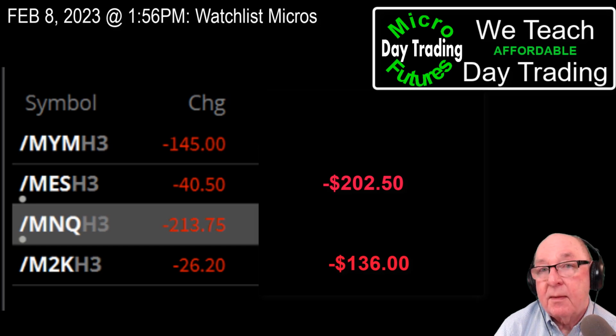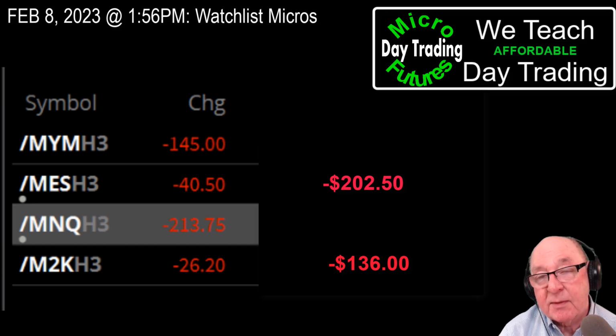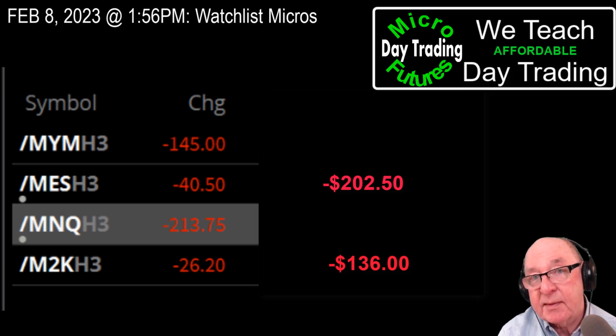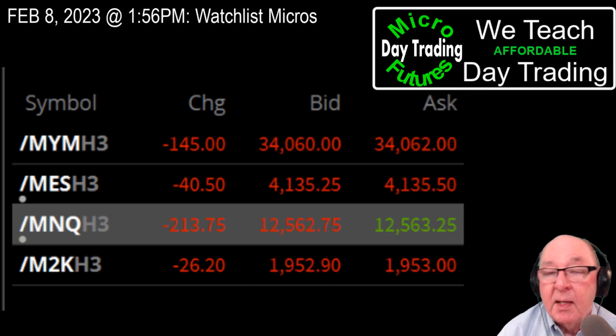Now, you can see the S&P is going down twice as fast as the Russell 2000. There may be a pairs trade there. How do you find out? You go to your pairs trade window and bring up the chart of those two Micro E-minis and see if you can find a tradable trend there. That's exactly what you do. Now, if you don't know about pairs trading, that would never occur to you, so I just explained the purpose